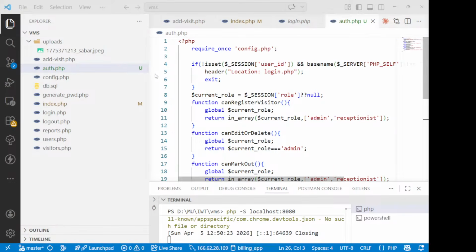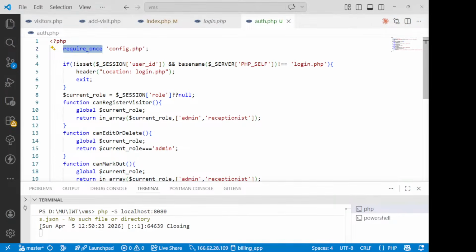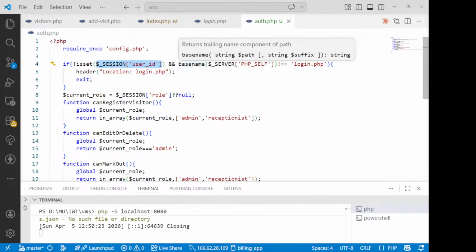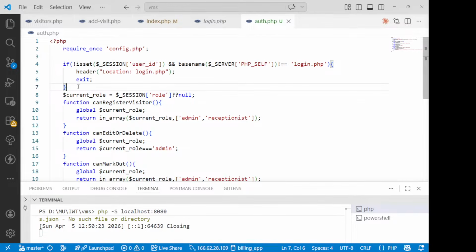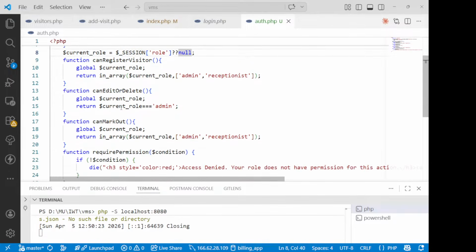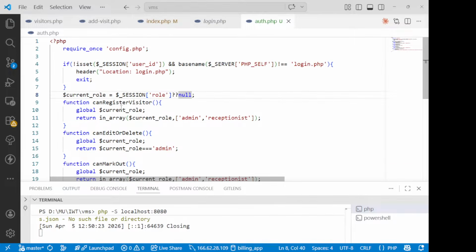तो इन दैट केस auth.php जो आपका है उसके अंदर हमने क्या किया है, इसको थोड़ा देर हम बंद करेंगे, require once, ठीक है, login.php में हो और यूजर आईडी सेट हो। सेशन में आपने यूजर आईडी अगर सेट नहीं है तो जाना है। ठीक है। तो कहाँ जाना है आपको, login.php में जाना है, एग्जिट कर देना है आपको, ठीक है। करंट रोल में आपने दिखाया है, करंट रोल सेशन से आपका रोल लेना है, अदरवाइज नल, यही सही है। उसके बाद हमने कोई भी फंक्शन अभी कॉल नहीं करवाया है, तो दैट मीन्स बाय डिफॉल्ट अप टू दिस वी आर गेटिंग समथिंग, ओके।